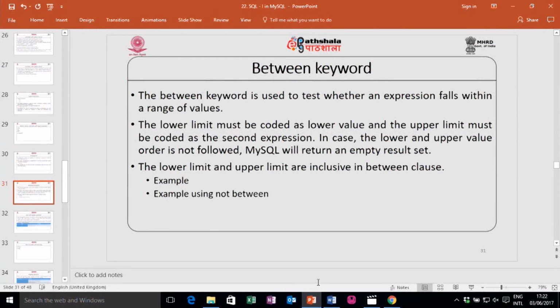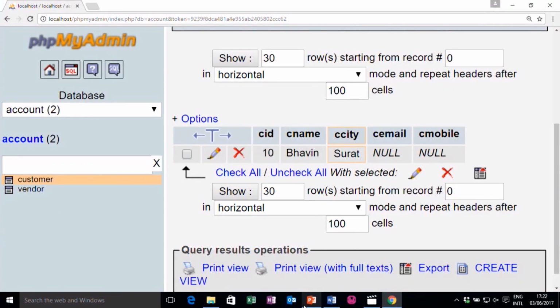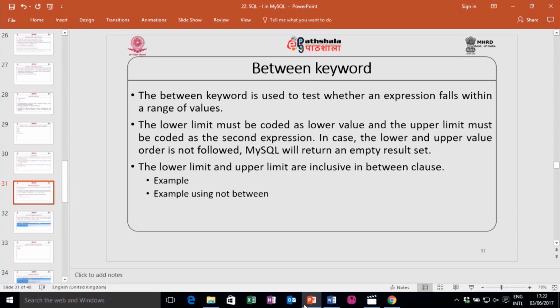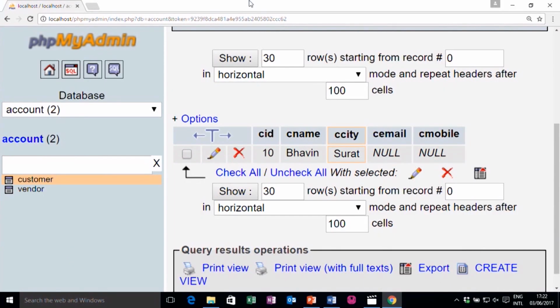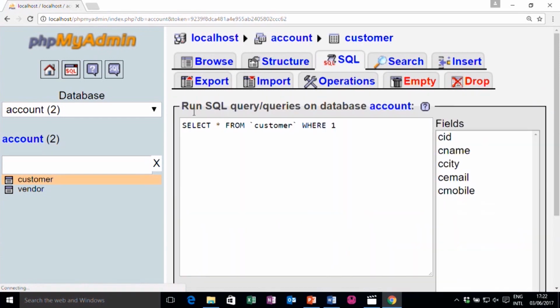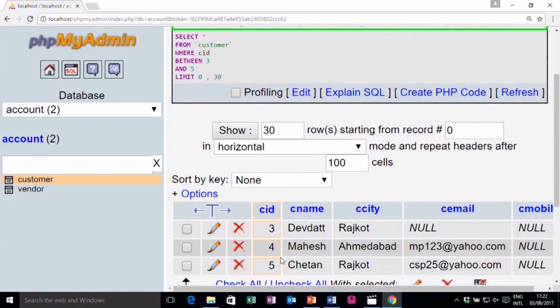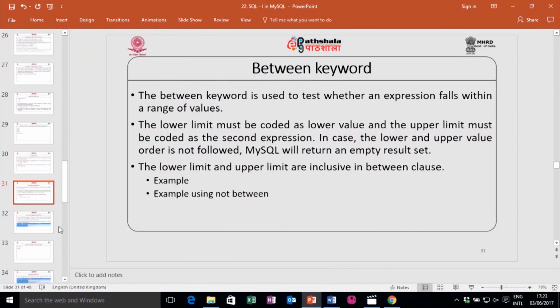Say, for example, it is very easy, so you can do it yourself, but let me give a brief idea that you can write select star from customer where CID between 3 and 5. So, it will display records 3, 4 and 5, where customer ID is 3, 4 and 5.